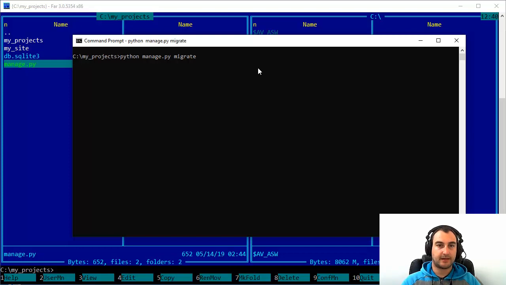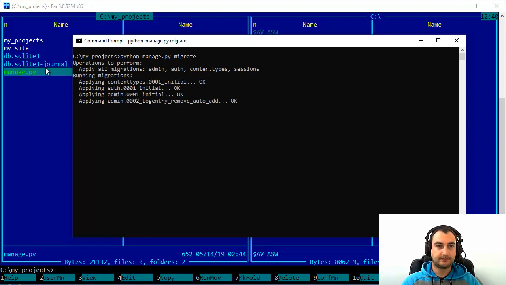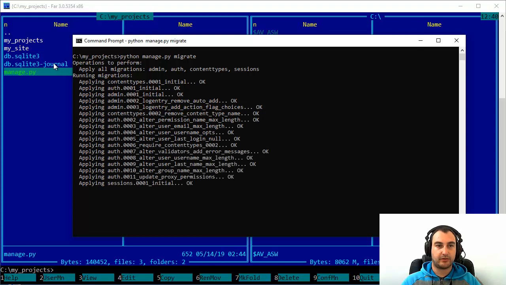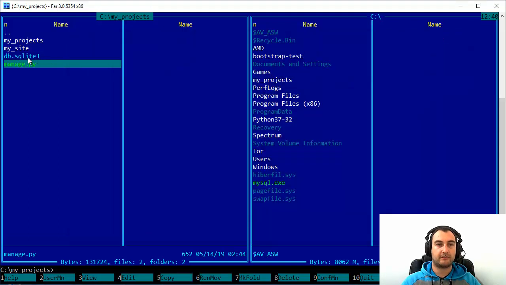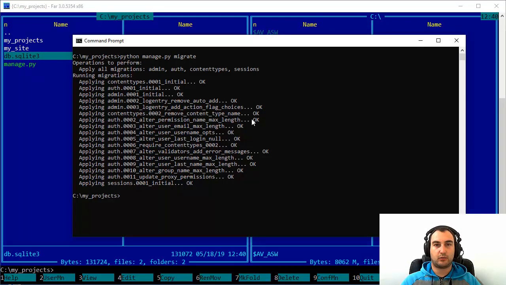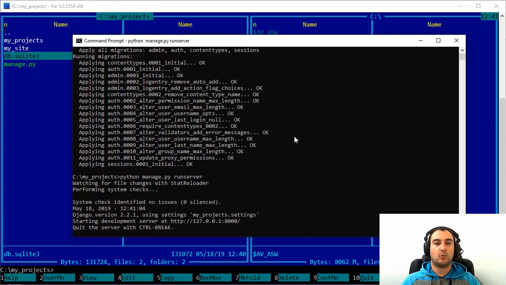So enter, and in a split of a second, okay, this temporary database is created, and when everything is done, there you go. Now you have just the primary database. What does that mean? That means that you can access your control panel right now. Those migrations are finished with OK, which is excellent. So let's run our server again with python manage.py runserver. Let's press enter, and the important thing here is that now you will be able to see